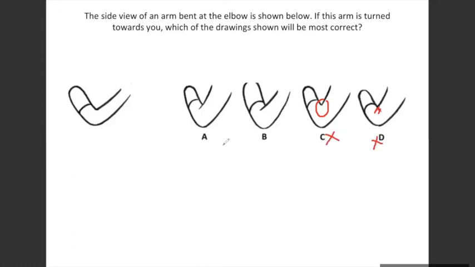A या B में से कौन सा आएगा? B. But B में और A में फर्क क्या है? थिकनेस चेंज हो रहा है मैम. नारो हो रहा है ना B में.